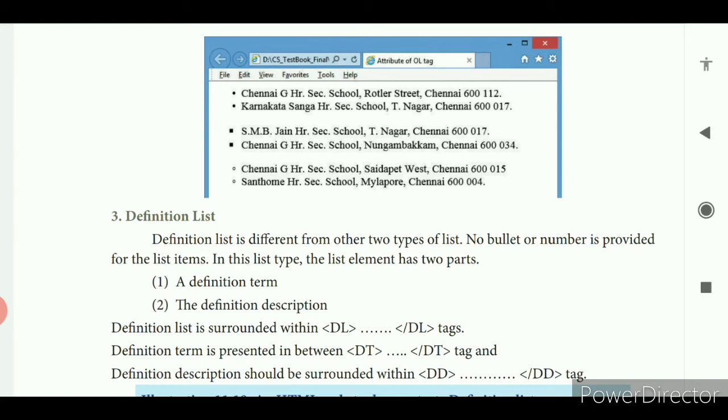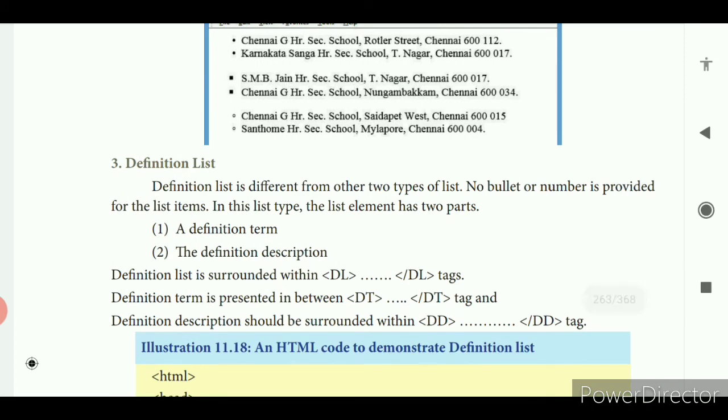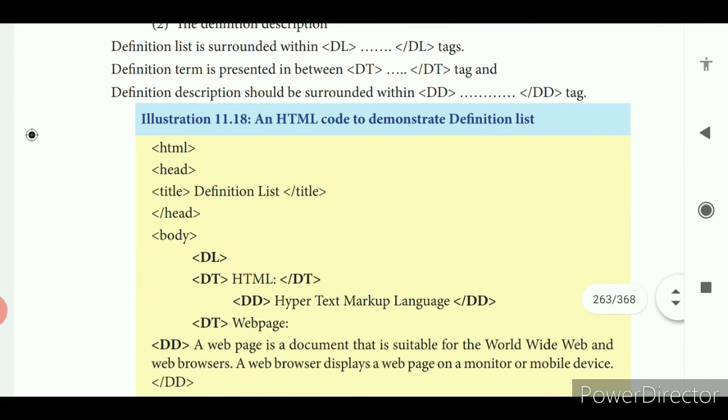So the definition list is surrounded within the DL tag, which is a container tag. Then your definition term is presented with the DT, definition term. Then your definition description should be surrounded with the DD. In this example, you see within the body tag you have DL. So DL is used to provide a definition list. Then DT means definition term.